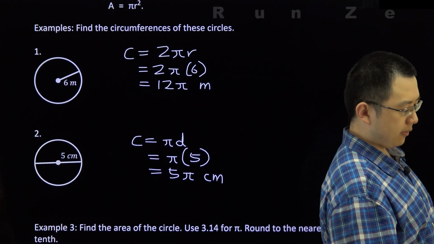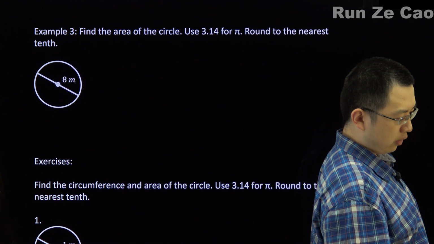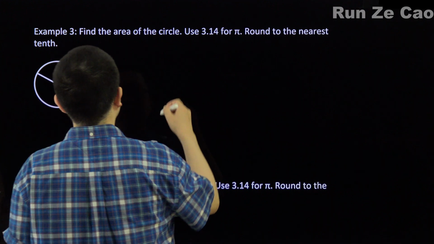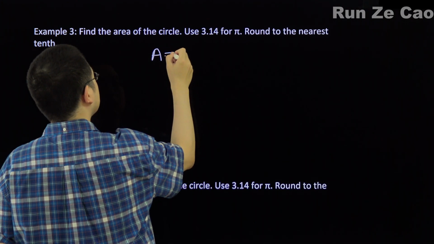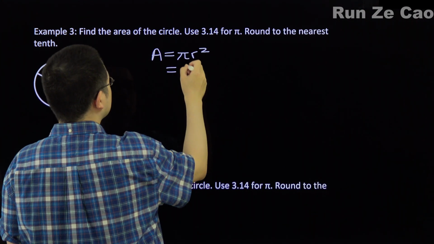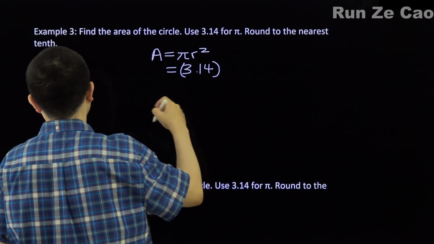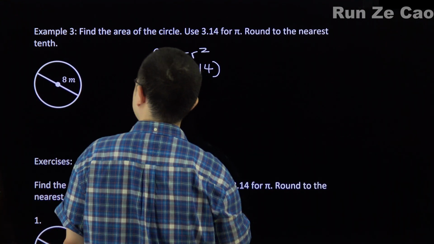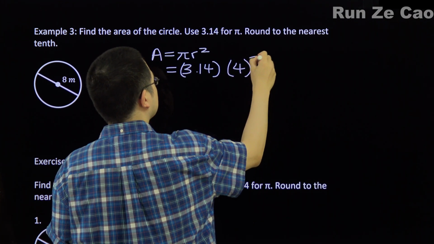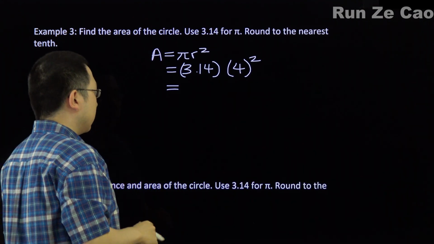Now how about example 3? Find the area of the circle, use 3.14 for pi, and round to the nearest tenth. Well, the area is equal to pi r squared. So 3.14 times r. The radius is half the diameter, so it's going to be 4 squared. And you're going to end up with